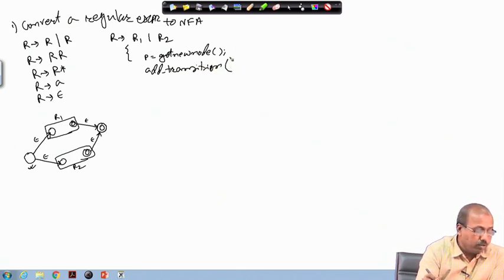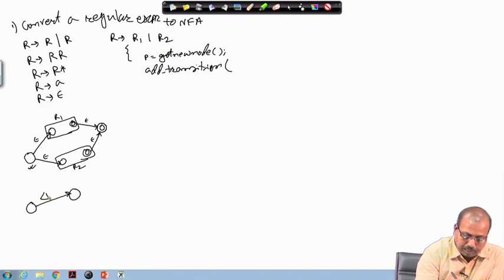what transition? When I say add transition, I have to tell the start state, I have to tell the final state, and I have to tell what is the label. So, these are the three things to be said. Okay. So, start state is this new state that I have taken, and the destination state is R1's start node.